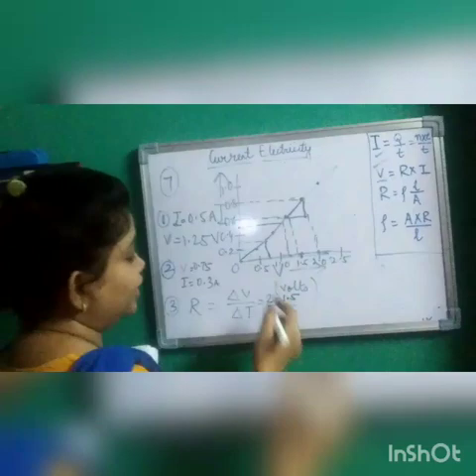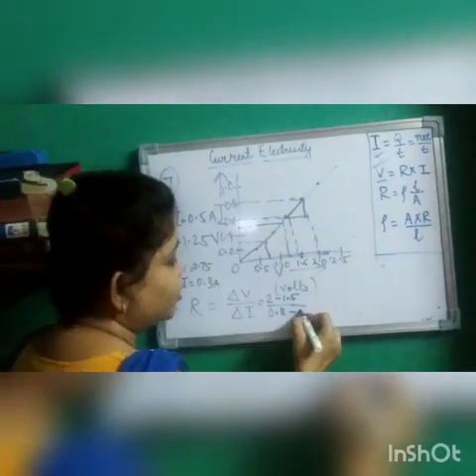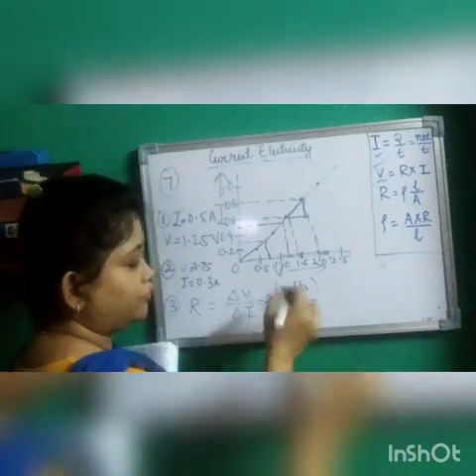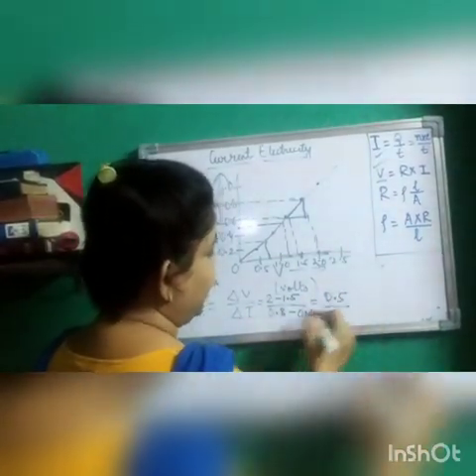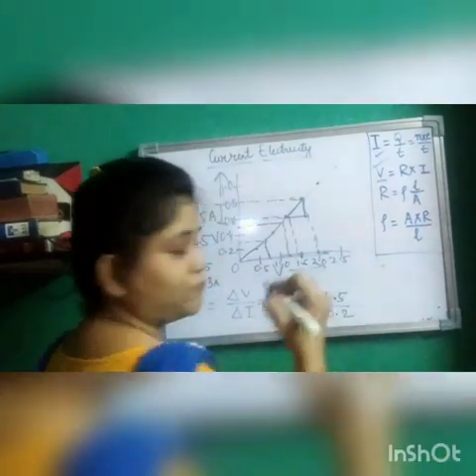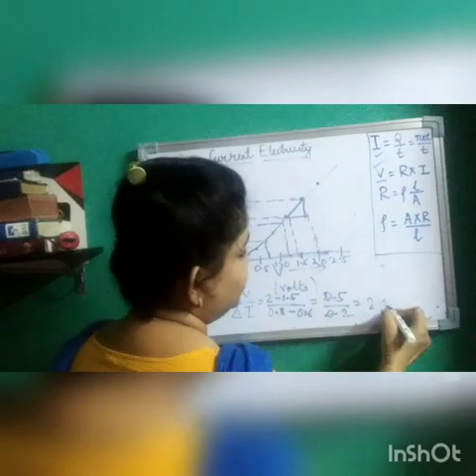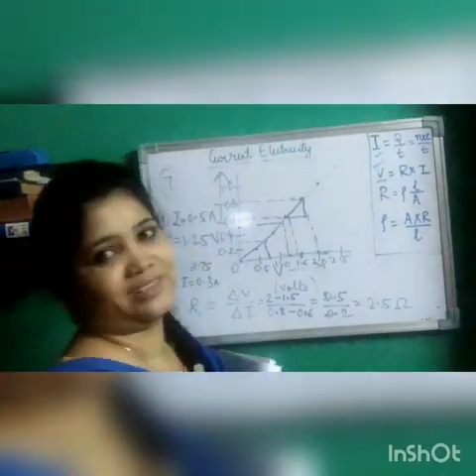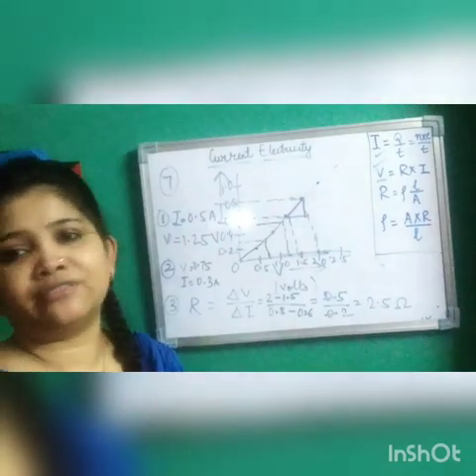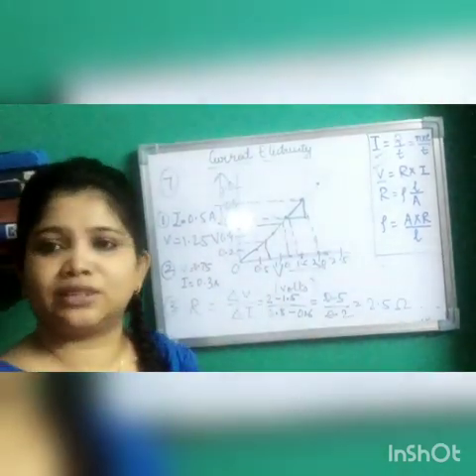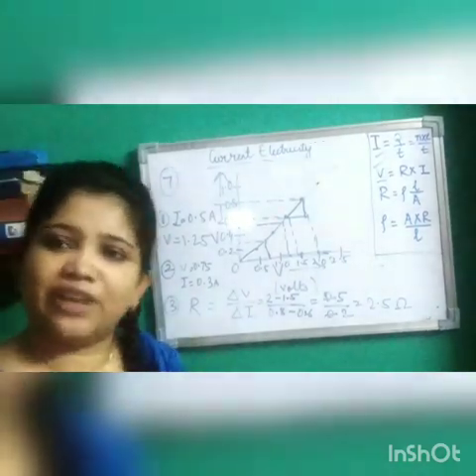So what is the final current? 0.8. And what is the initial current? 0.6. Okay. So if you solve it, how much are you getting? It is 0.5 by 0.2. Okay. So point gets cut. So your resistance is 2.5 ohms. Okay. So basically the slope of the graph gives you the resistance of the circuit. Okay. Hope you have understood this graph. It's very easy.